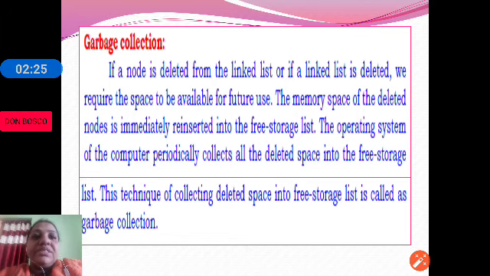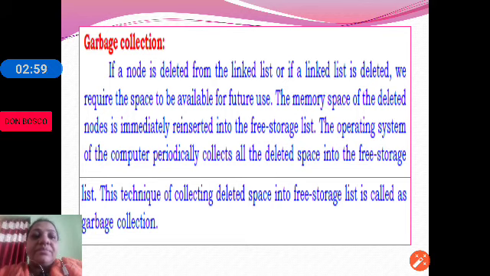If a node is deleted from the linked list, or if the linked list itself is deleted, we can make use of that space for future use. The memory space of the deleted nodes is immediately reinserted into the free storage list, so that memory can be utilized for further use.